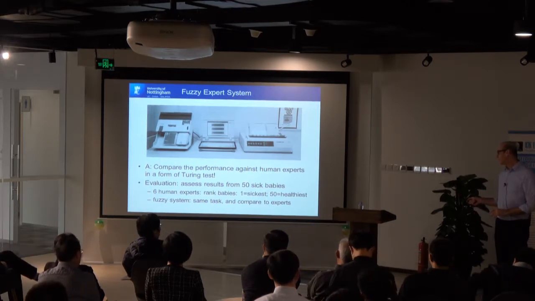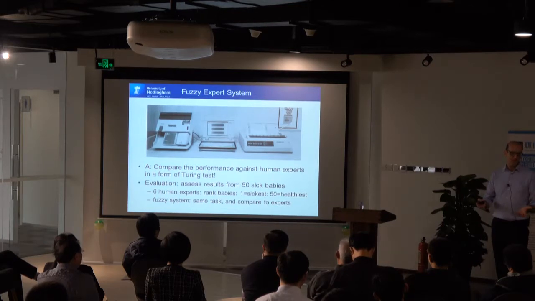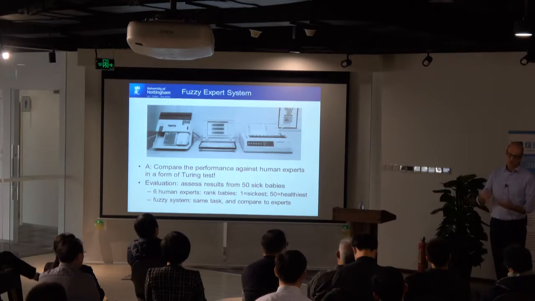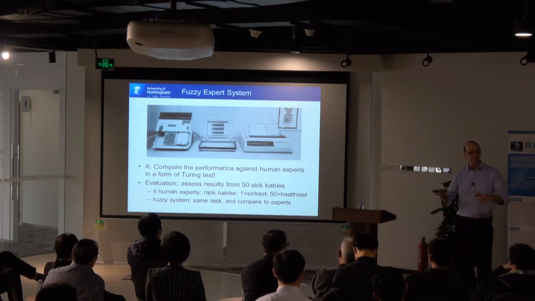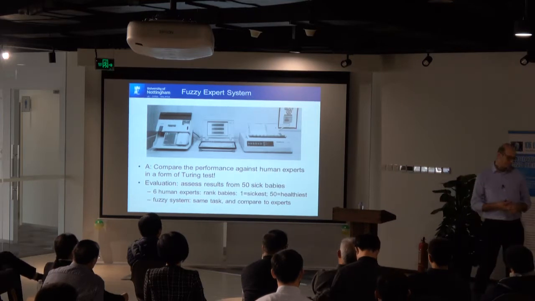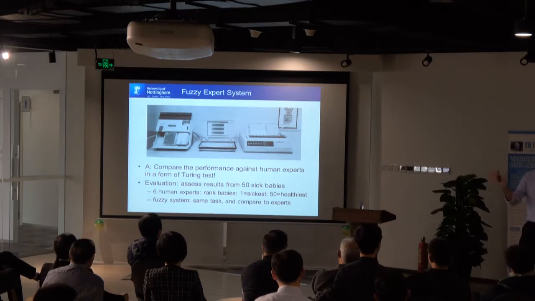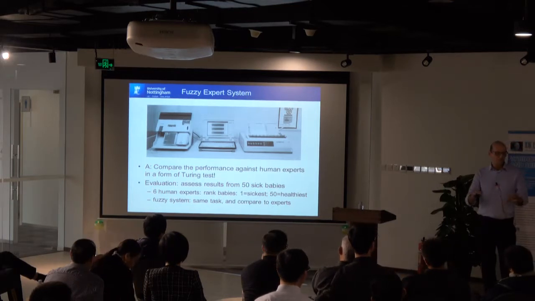And so what I did, I picked 50 babies. These were 50 sick babies. I say sick because if I just pick 50 at random, out of 1,000 babies, 950 will be healthy. So if I just pick at random, almost all the babies will be healthy. So I took the 50 out of 1,000 which weren't healthy, shall we say. Well, actually I had a database of 10,000 babies by this point, because I'd been collecting them as I went through my PhD. So I picked 50 of the sick ones.